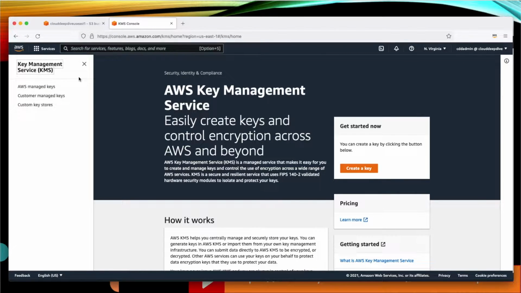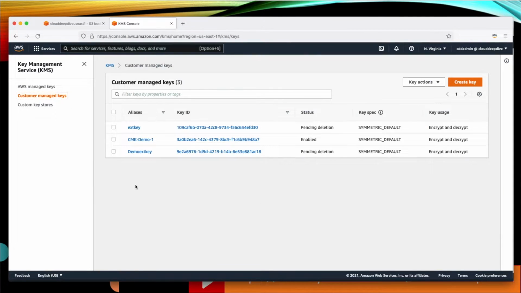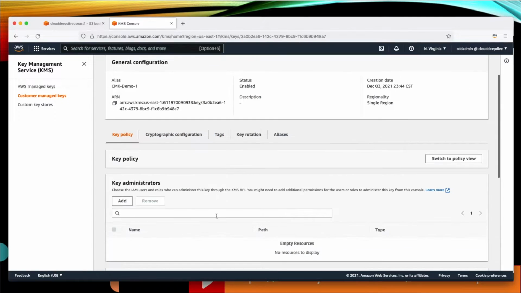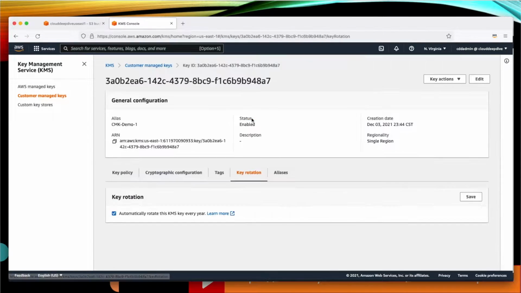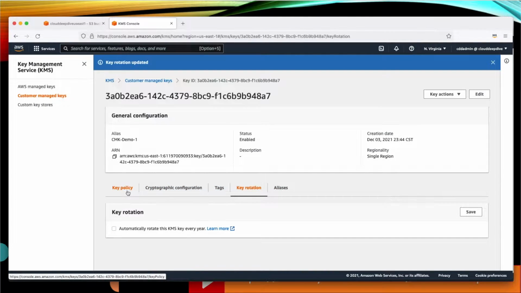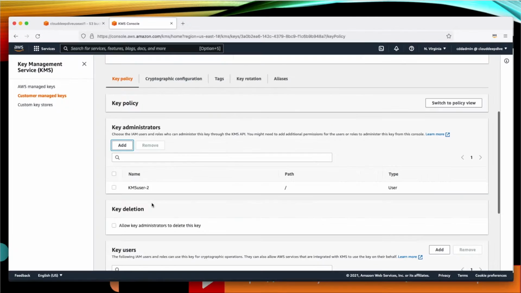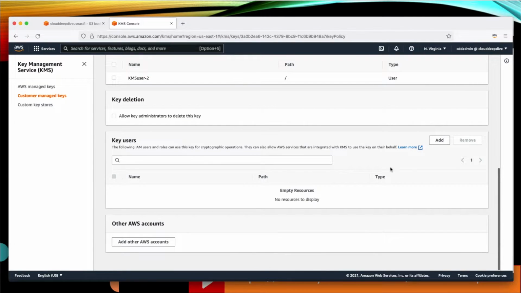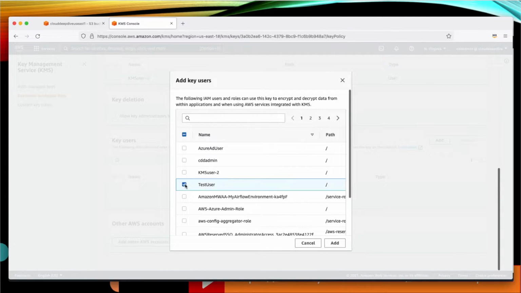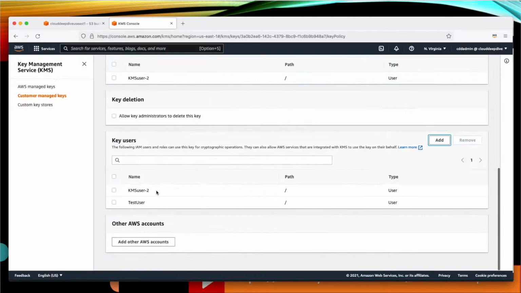And if we go to the KMS and try to list the keys, this user is able to list all the keys because of the administrator access. Now, if I go to CMK demo, this user will be able to perform all the actions. So if I want to disable the key rotation, this user can do it. And if I want to add an administrator to this, suppose I want to use this particular user as an administrator, I will be able to do it. I can add any other user to it, suppose these two as a user,